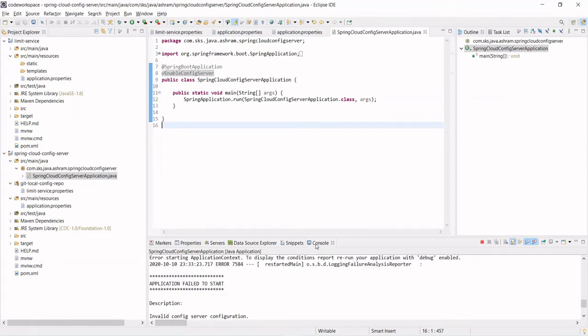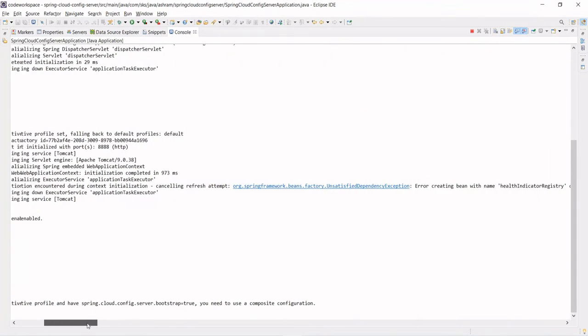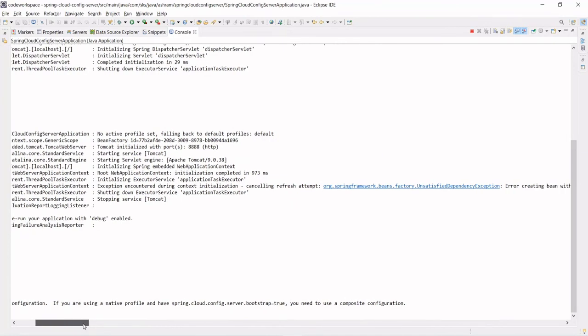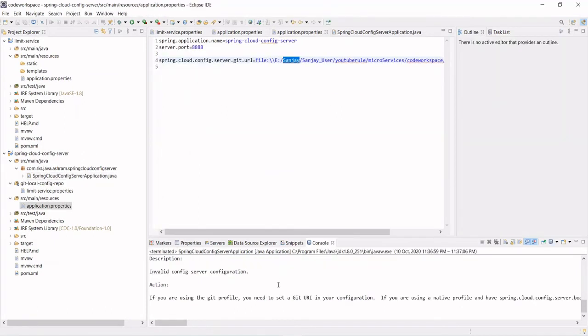Okay, application failed to start. Why so? Invalid config server config. If you are using the git profile, you need to set a git URI.